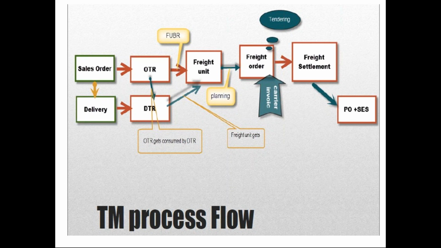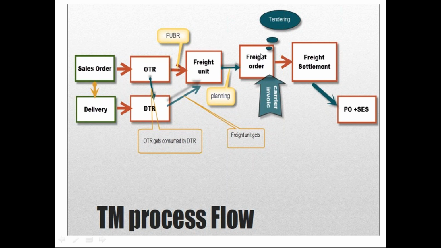What is the definition of the freight unit as per SAP TMS? It's the smallest unit of measure, the smallest quantity of material, which is common across the transportation chain. From the source to destination, it will not vary. So that is a freight unit, and the freight unit will be taken into planning, and then the freight order will be created. If it's a planning run, the planning will be done based on the freight unit. The output will be your freight order.